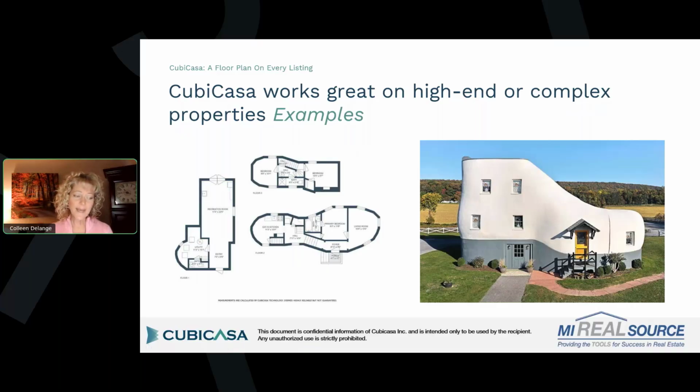Now, I'm going to be honest, I really don't know why there is an Airbnb in the shape of a shoe. I guess maybe if you have a shoe fetish, or maybe they owned a shoe shop. I'm not exactly sure, but this is an actual Airbnb in Maine, and it is in the shape of a shoe. Every single wall just about is curved. So you can imagine how difficult this would be to